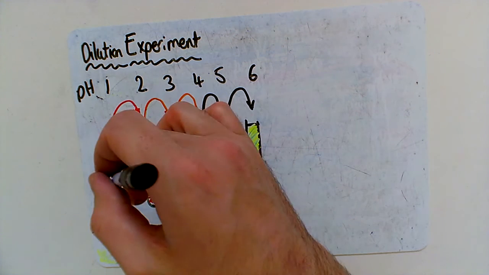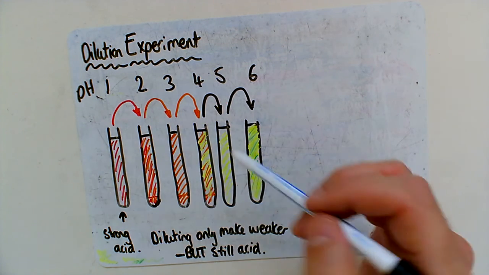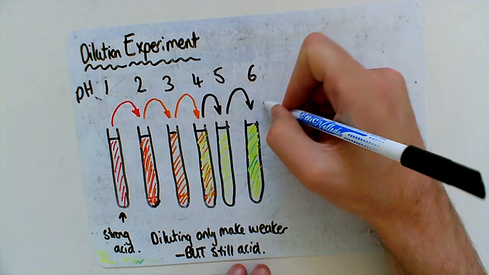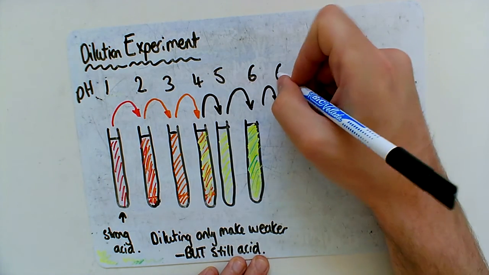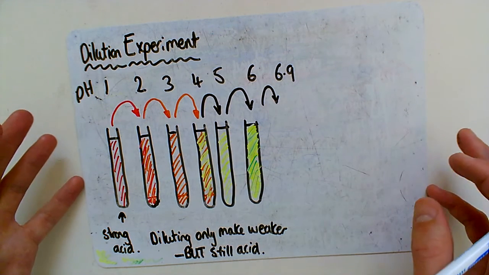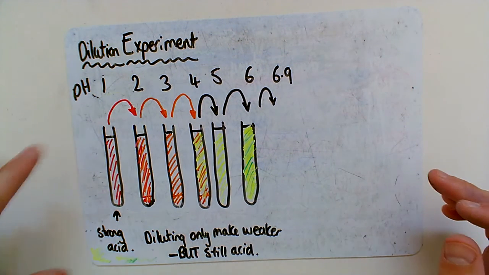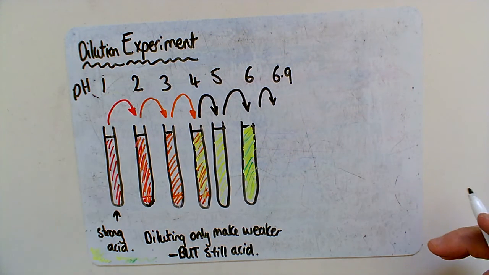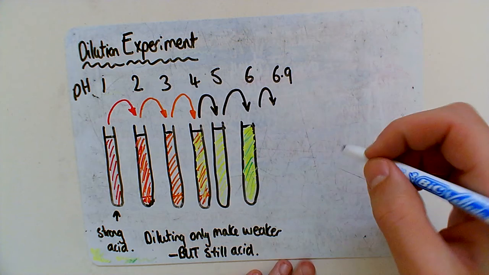And so if we start with a strong acid and we do dilution, we can do it to about 6.9 would be the final one. And it would still look very yellowy green. Now if instead of drawing it in colours, if we used a pH meter and did this dilution and then